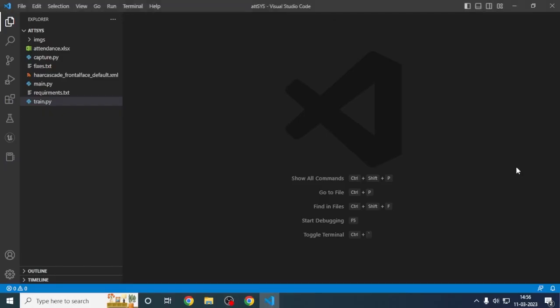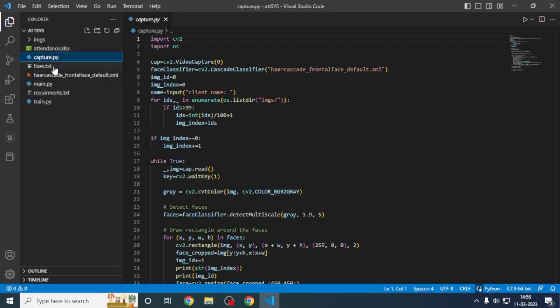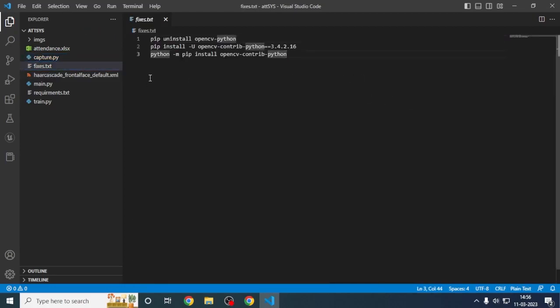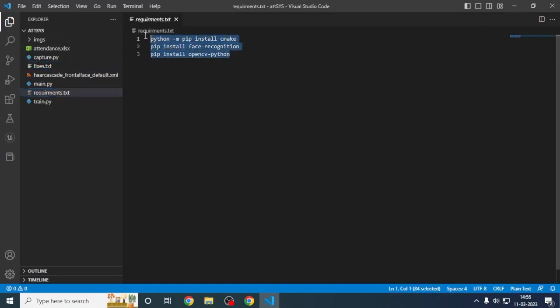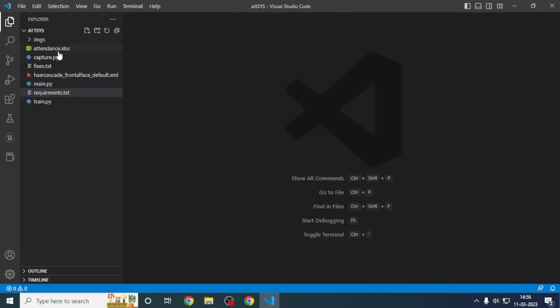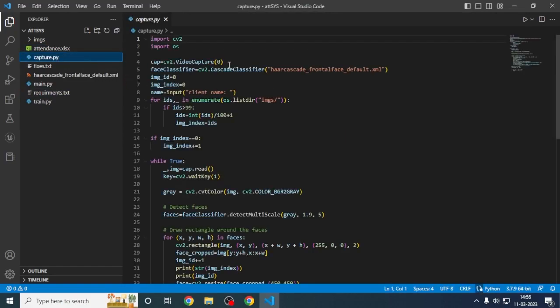So in today's video, we are going to see an attendance system which is operated facially, and in this what we have to do is first click on capture.py. So this will capture some photo samples, and one more thing, in this video I will also tell you all the fixes which you need, and I have even more fixes, and I have also created a requirements file. And here what I will do is go to capture.py, and if I run it,